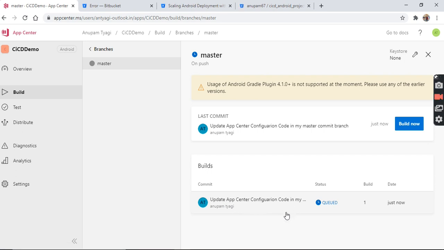As I commit on the Bitbucket server and push the code to the master branch, because the master branch has already been configured on the CI/CD pipeline with App Center, it is in queued state, because the build process is ongoing automatically. So there is no manual process for uploading the build.